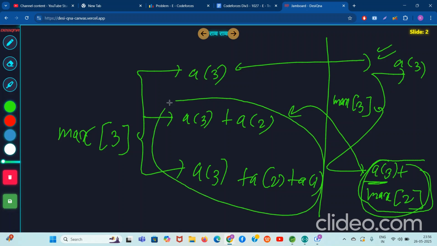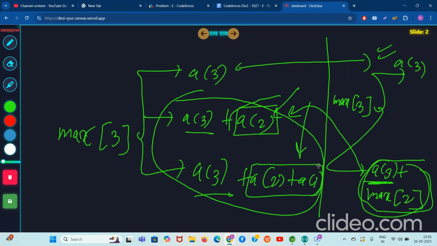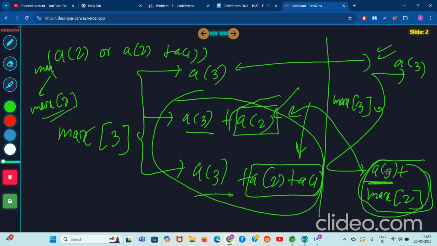Why? Here, in both the options, you are considering A3. Here also there is A3. Now you just need to know, in these two options, who is going to win? This or this? For that, you need to know which is bigger. A2 is bigger or A2 plus A1 is bigger? Max of A2, A2 plus A1 is nothing but max of 2. Oh my goodness. So max of 3 is nothing but either you go with A3 or you go with A3